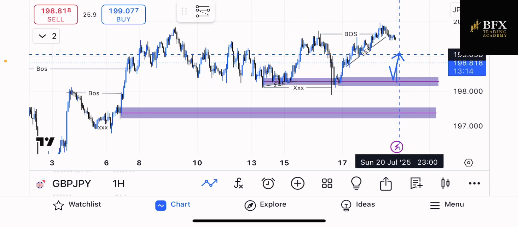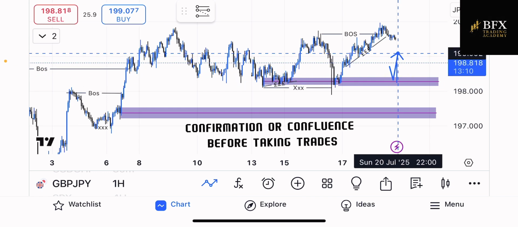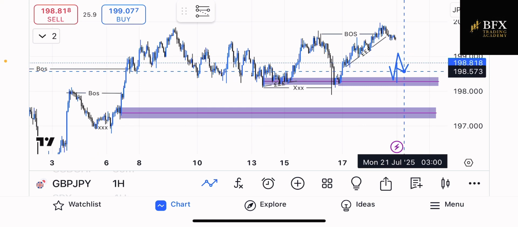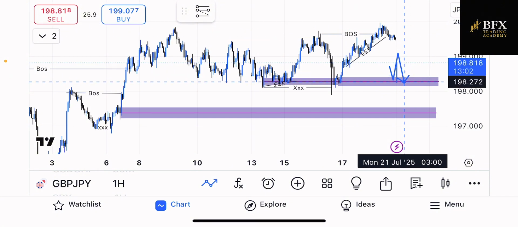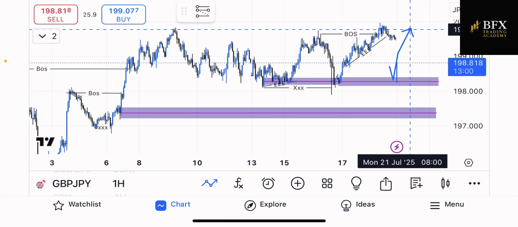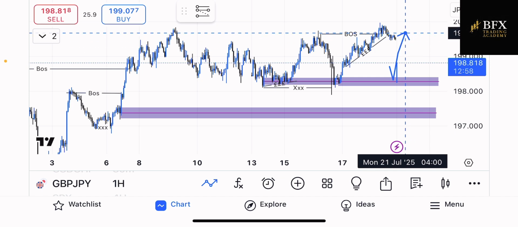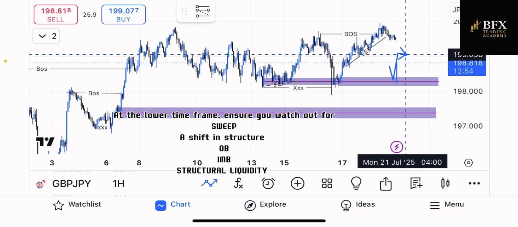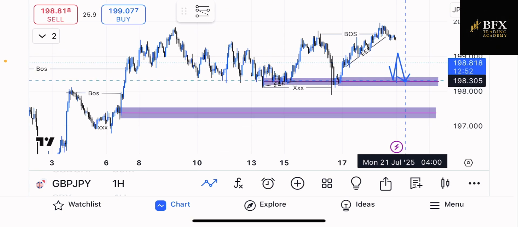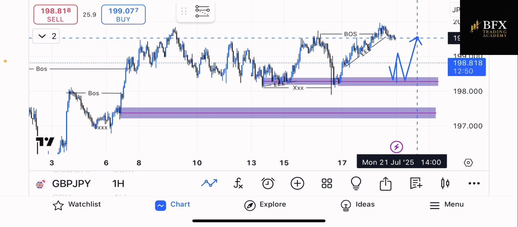But when it comes to this zone, we are going to trade with confirmation before entering this trade. That means you are going to go to the lower time frame, like the 15-minute time frame, for an entry. So now price can come here and go up,